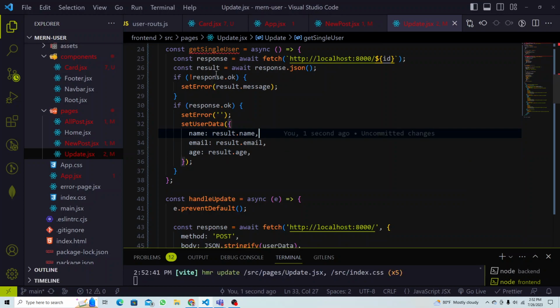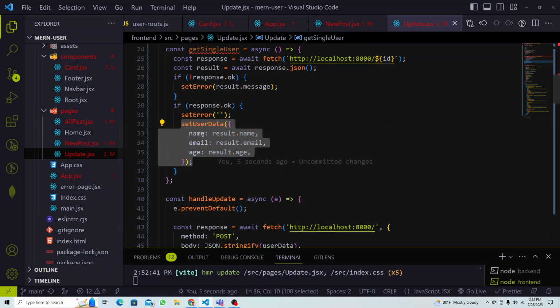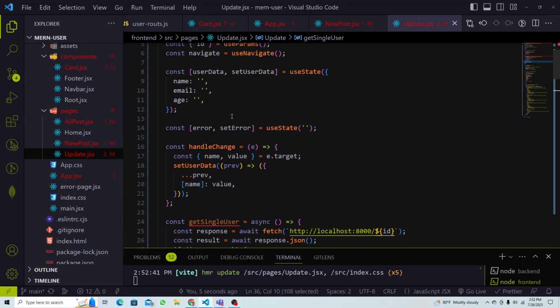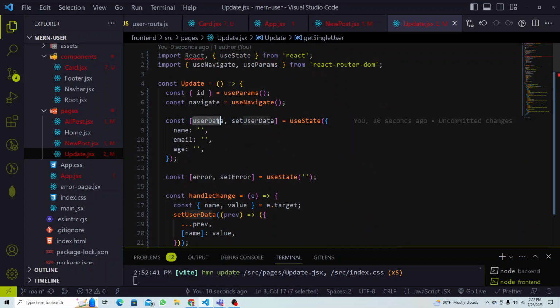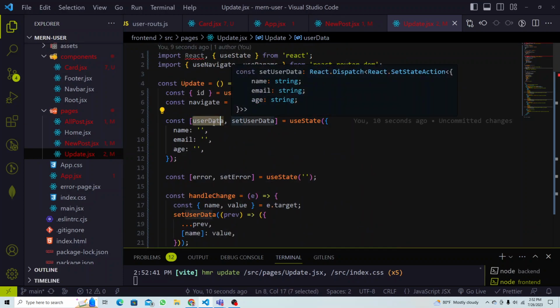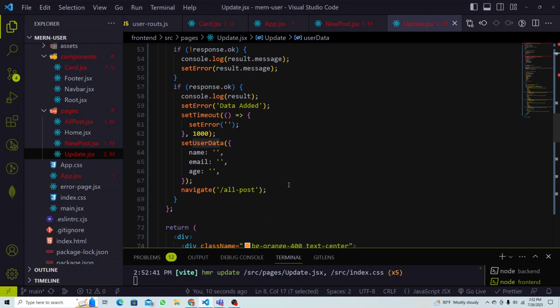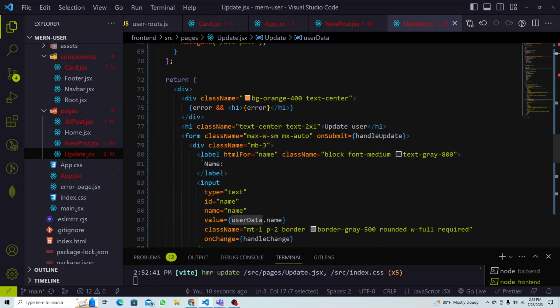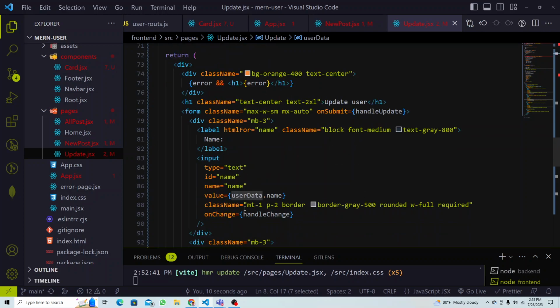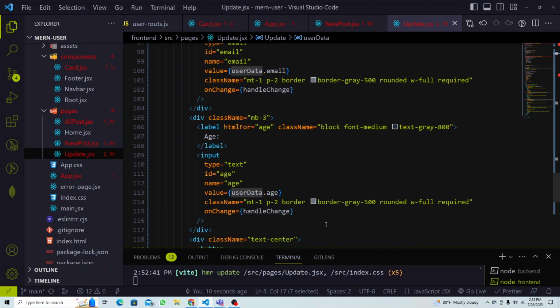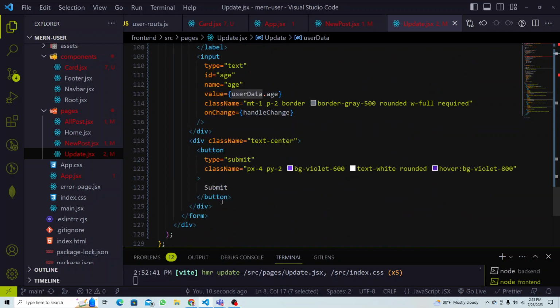So see, once we get that single data, we update our state, set user data, right? So that is what we have here, user data. The function will update that user data. Once you have that data, it will be automatically added to our input field here. See, in the input field, user data dot name and all that you're gonna get. Now you make a change, right? You make a change, update that, and you click on the submit button. Once you hit submit